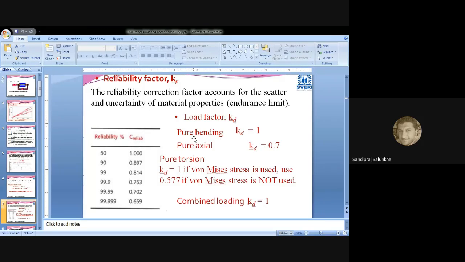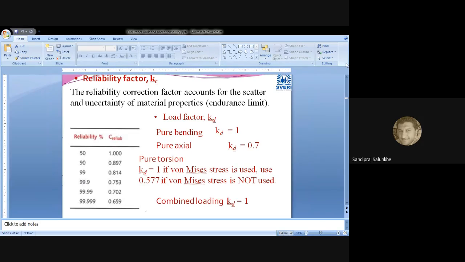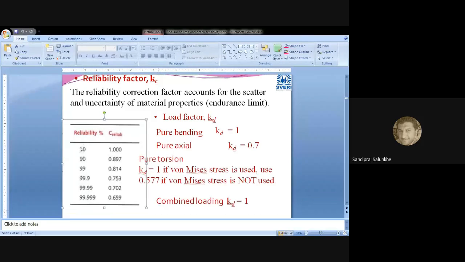Okay, now if you can see the screen, on screen is this reliability factor, which we have given the nomenclature Kc. To calculate this Kc, we are going to take help of the design data book, and I have copied a table from the design data book here. So the value of the reliability factor, that is Kc, can be taken from these values.